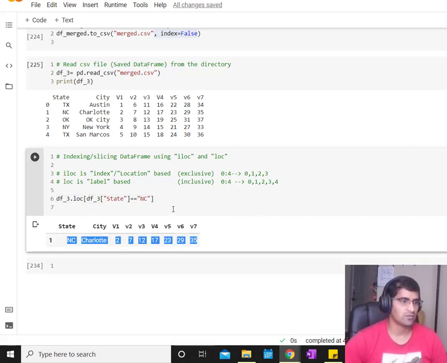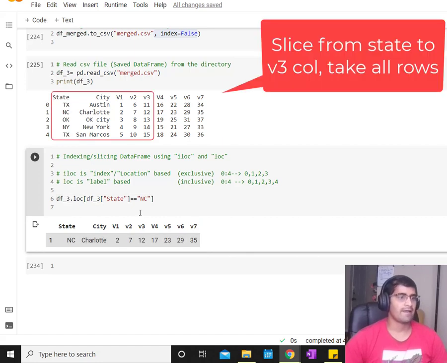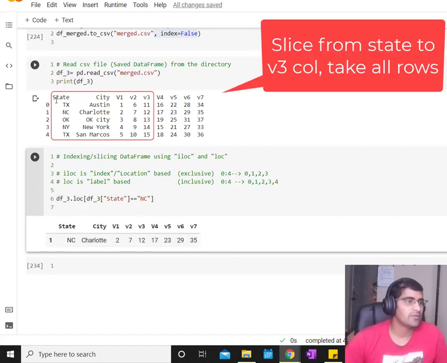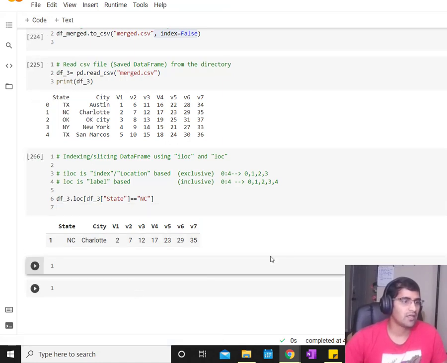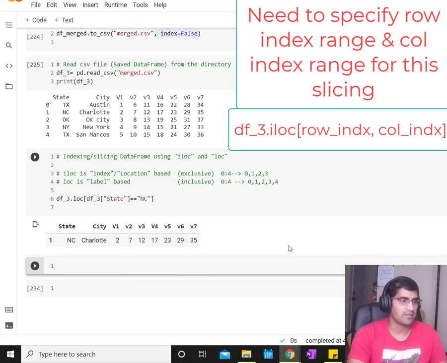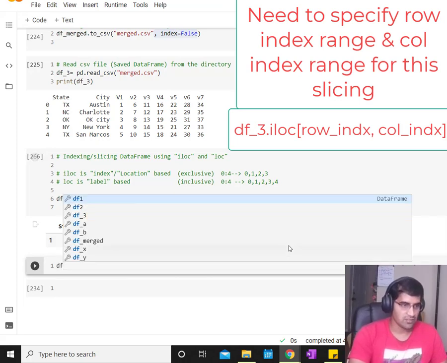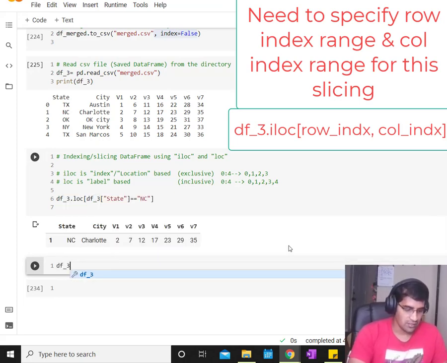Now I'd like to show you, for example, you are interested to slice this data frame this way from state to V3, and the first 3 rows. In order to do that you have to use the iloc command. So df_3 then dot iloc.